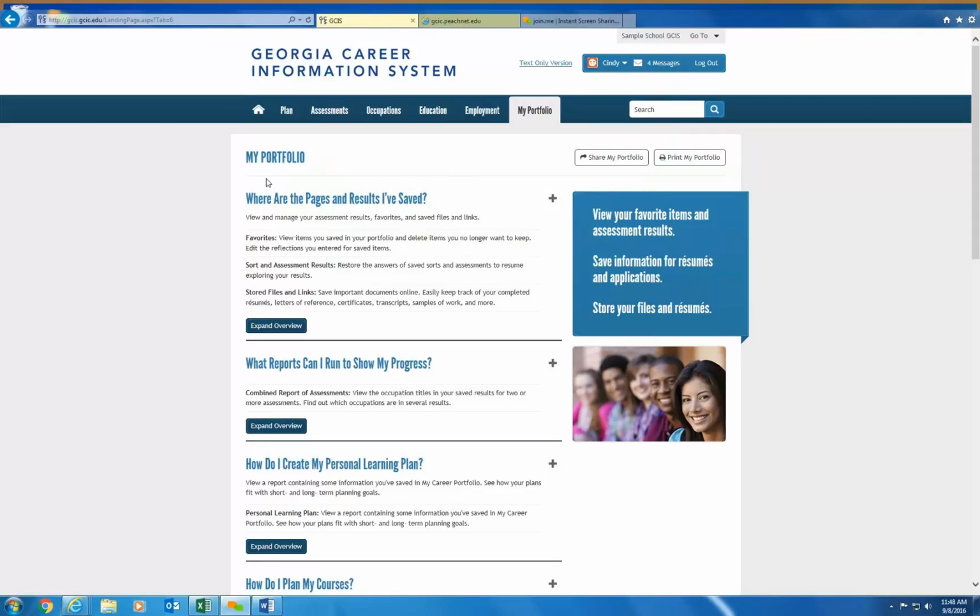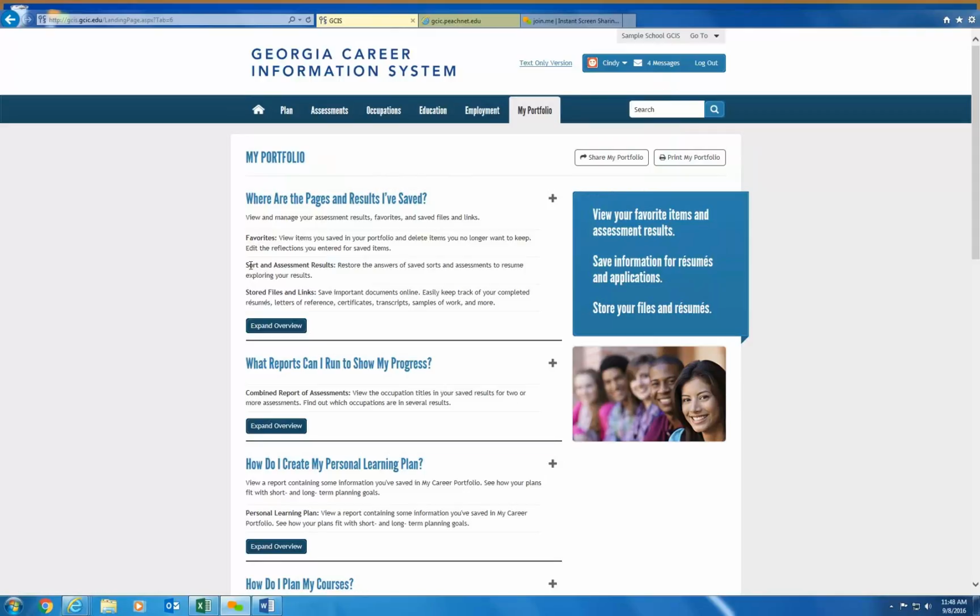And I'll have a series of questions that would allow me to look at specific elements within my portfolio. So I have, where are the pages and results that I've saved? So within this particular subsection, I can see my favorite items, which would be like my favorite occupations, favorite programs to study, favorite post-secondary schools.